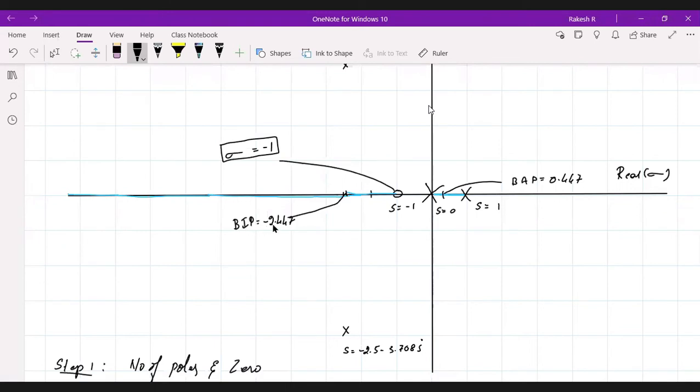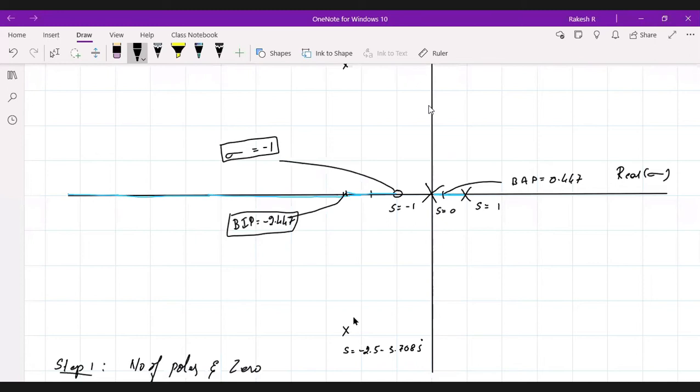Now coming on to this, why have I taken it as a break in point? See, towards the left or right, whether we have the pole or zero. Towards the right we have a zero here, and we don't have any other break in or break away point. So we can consider this as the only break in point. That is minus 2.447 is a break in point here. Right. So we got to know that now the roots will be coming here and breaking inside. These two roots are coming here and breaking inside here.